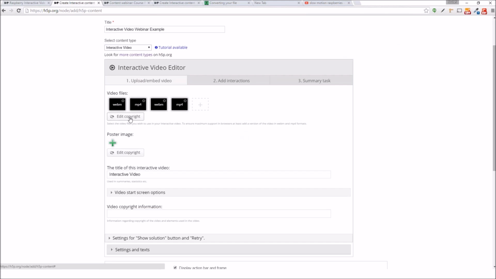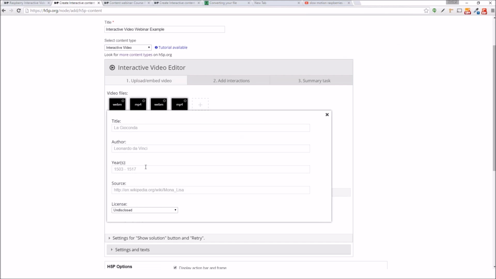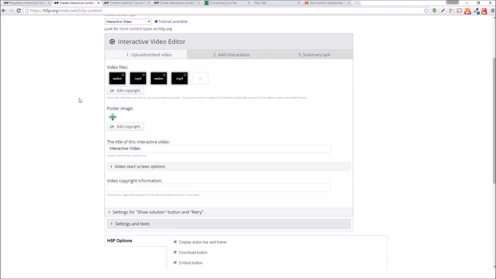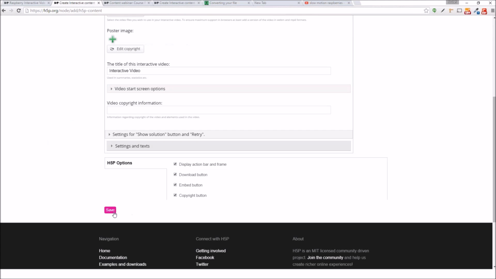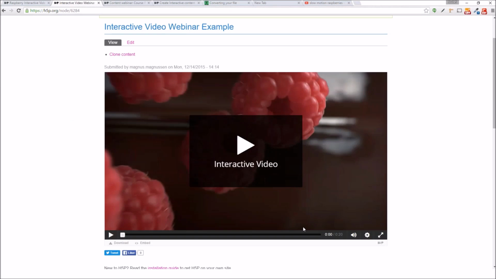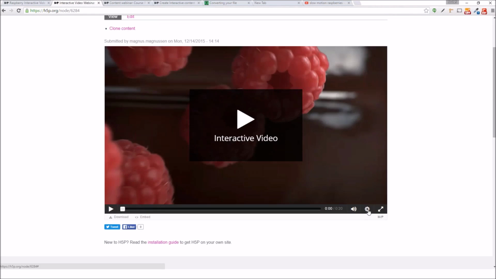Normally I would press this button, edit copyright, and I would enter all the licensing information about this type of video file. But for the sake of this demonstration, I won't do it now. To show you how this works, I will now press save. So we can see the video has obviously been loaded, and I can select between the two qualities that are